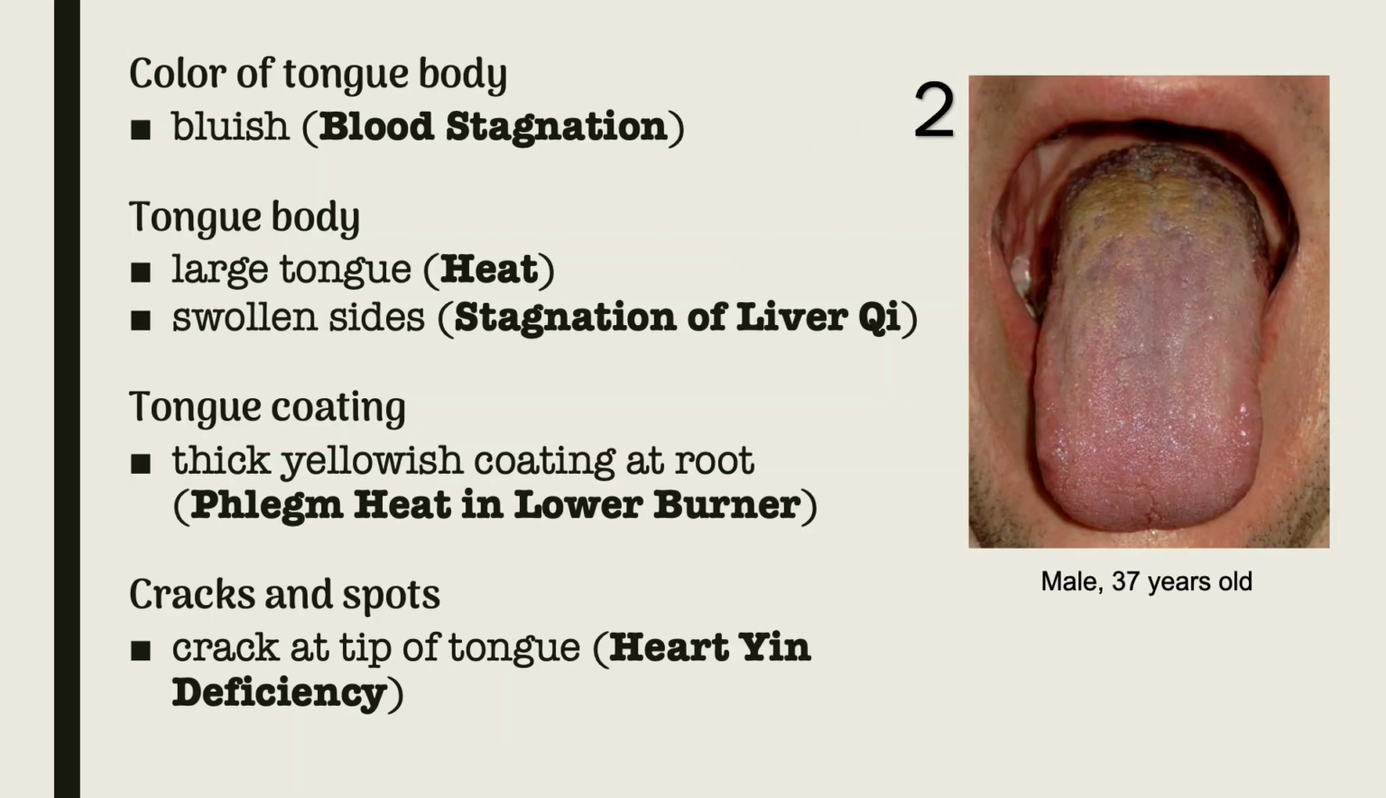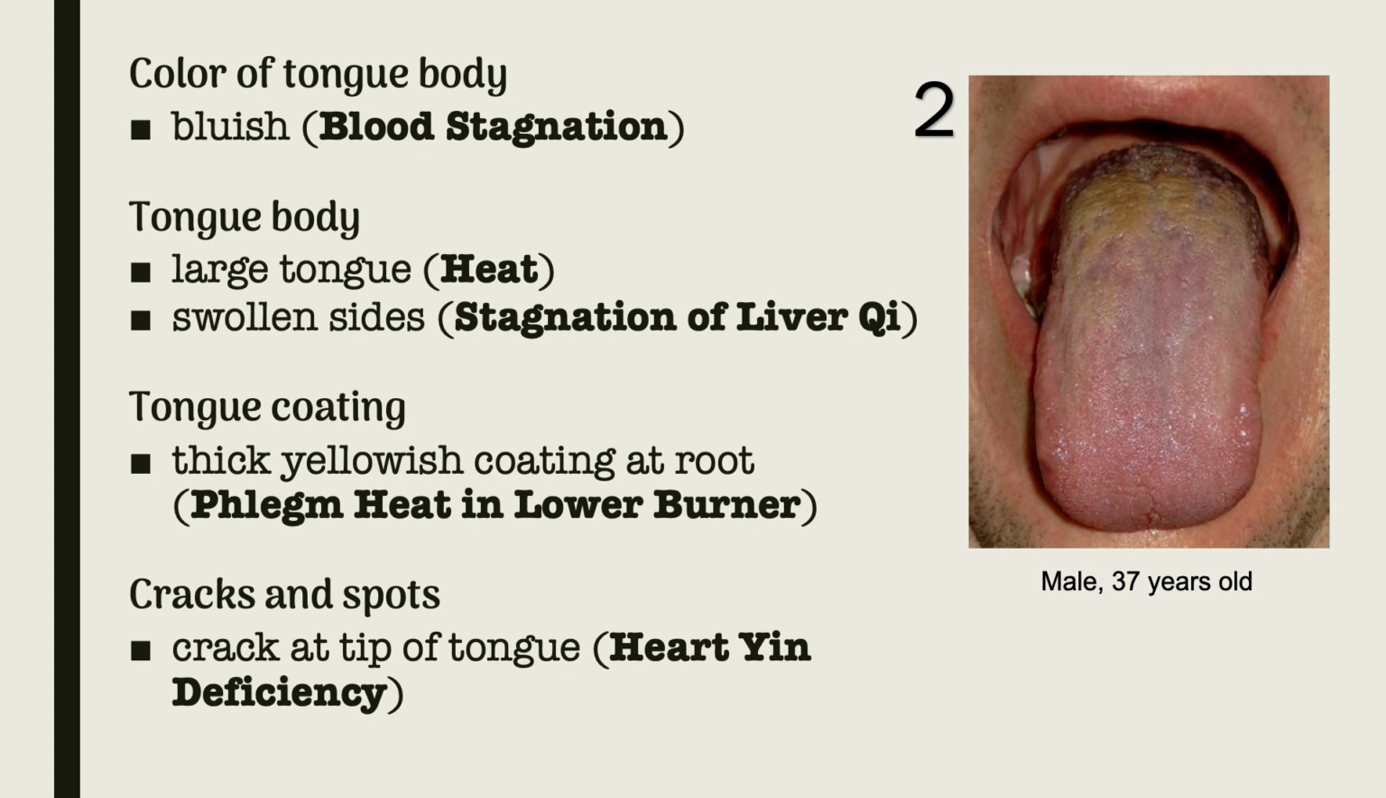Now let's go to the second case. Male, 37 years old. You have a bluish tongue body. This means blood stagnation. Although this looks very purple to me. Okay, when you look at the tongue body, it's large. So a large tongue actually means there's a lot of heat. And swollen sides means